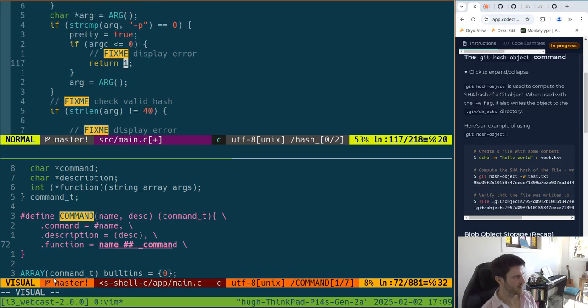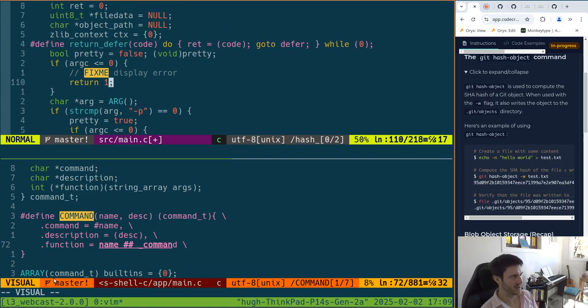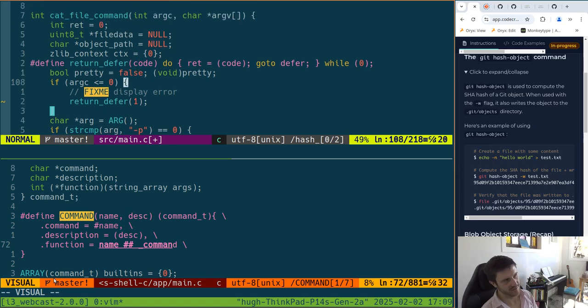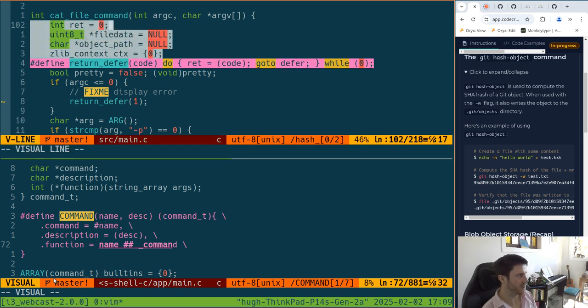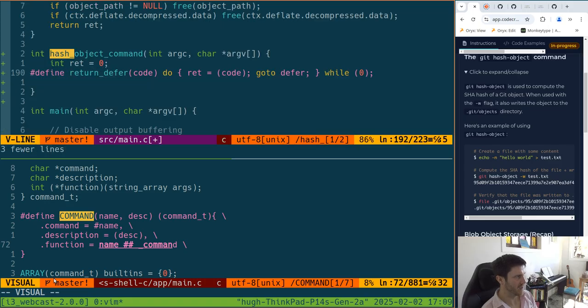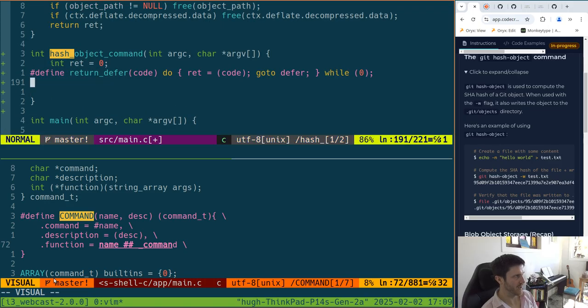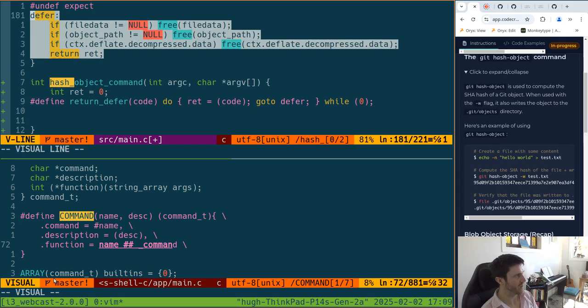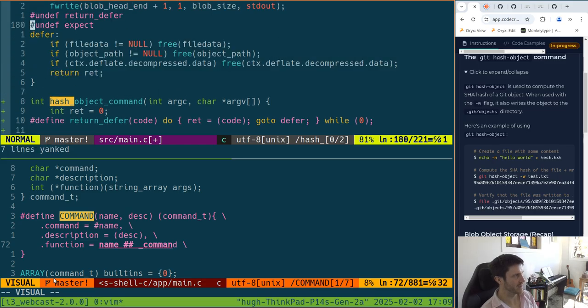I think these should all be return defers, to be honest, just in case nothing has happened up to this point, but if I create some memory in the future, I want everything after this line to have it. So I think I want a return defer type thing in here, and we will have a defer section,